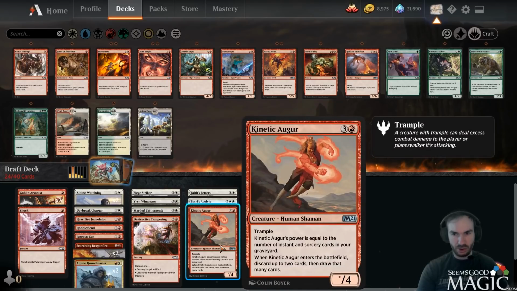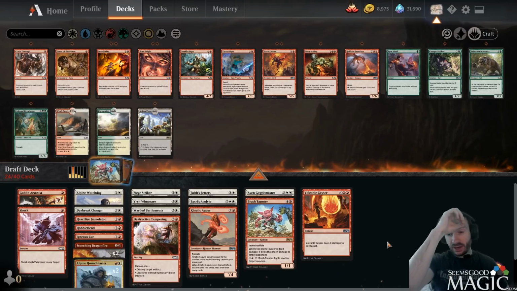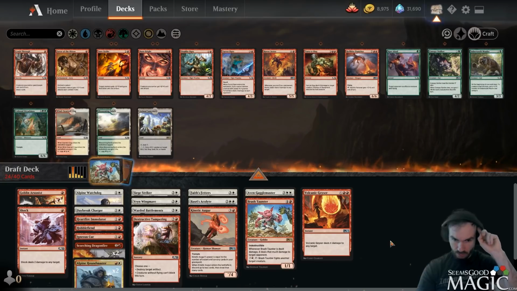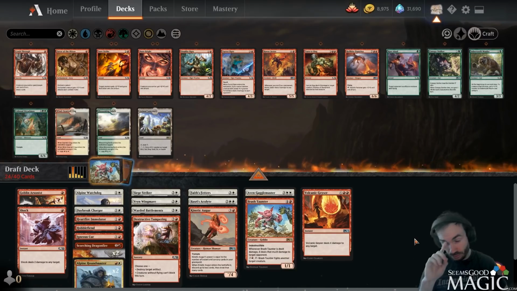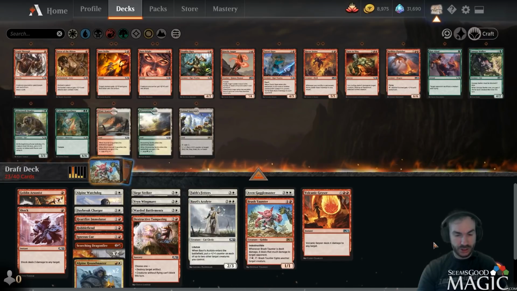Because I think most of the time it's going to be like a 1/4 trample for 4, which is just not good enough. This is tough. I think we might have to cut the Augur. The fact that it flood mitigates is really important, though. I think I have to cut it. I don't want to. It just... I'm going to, and it is gonna increase our chances of flooding, but I'm thinking this deck is powerful enough